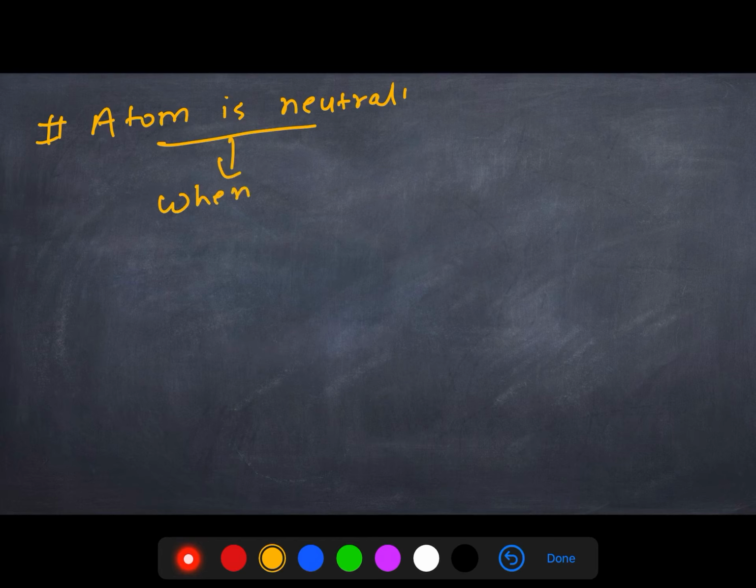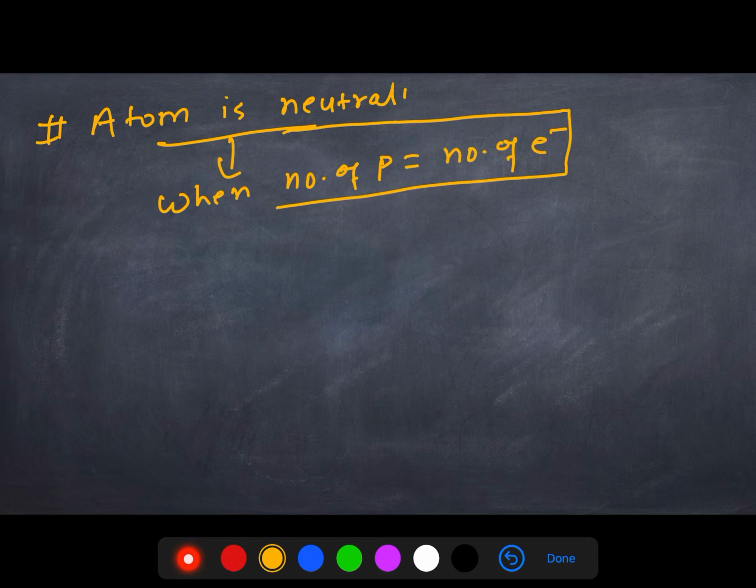An atom is neutral when the number of protons is equal to the number of electrons. Remember, this is the only case when an atom will be neutral, right? If an atom does not show any charge, in that case, the number of protons must be equal to the number of electrons. For example, let's take this example,